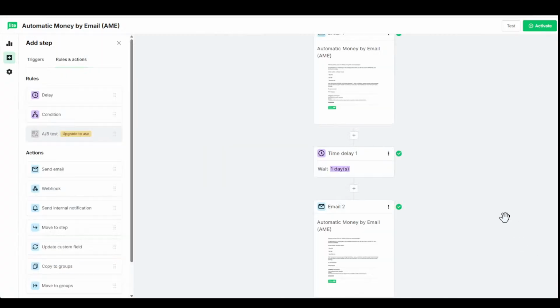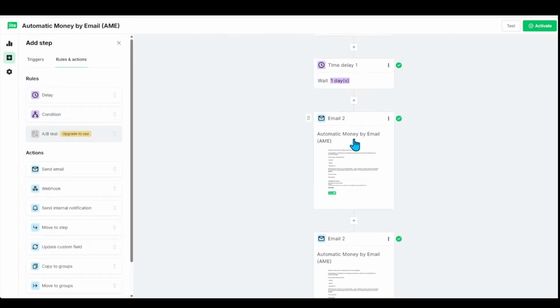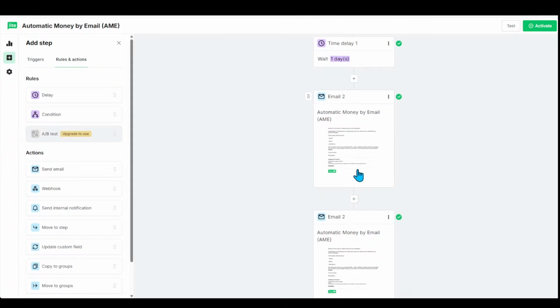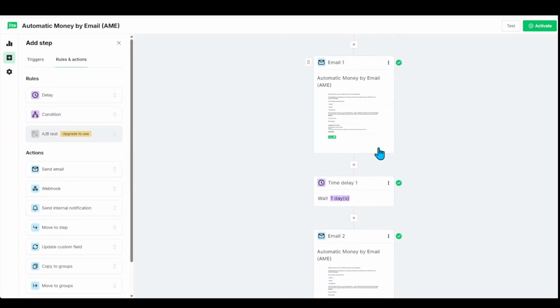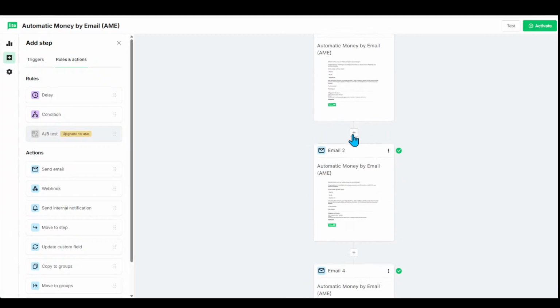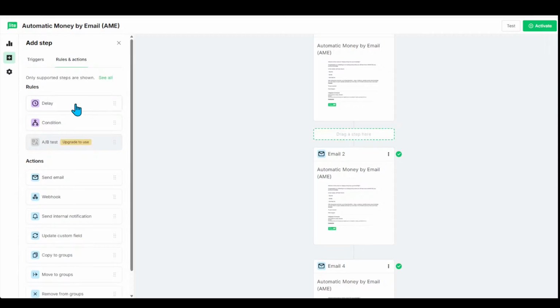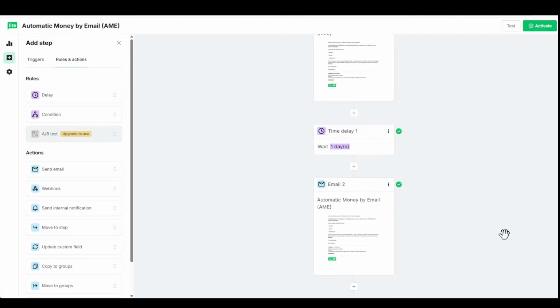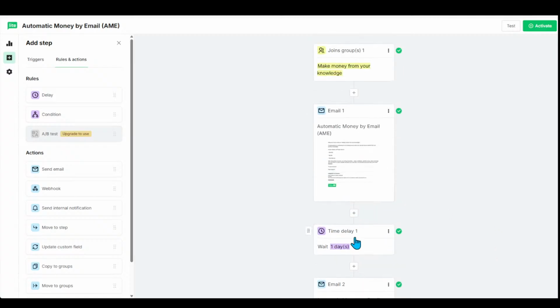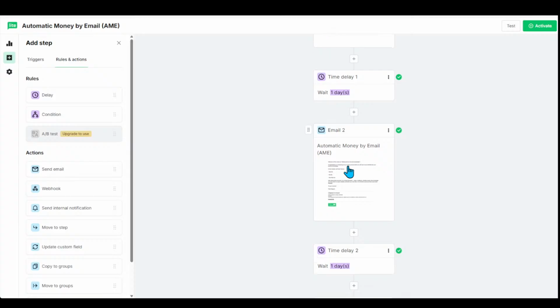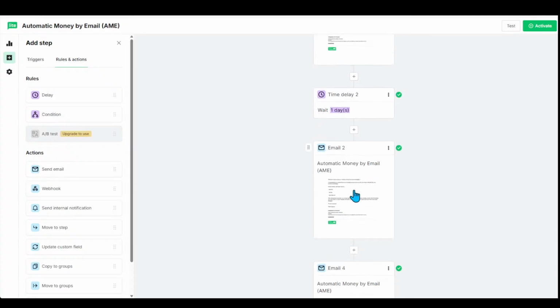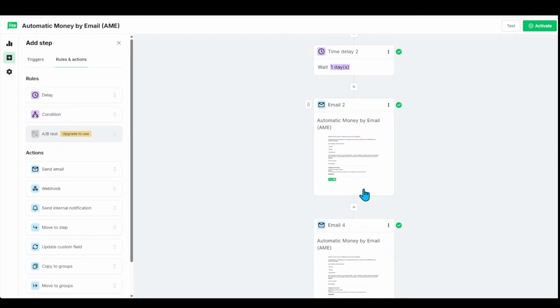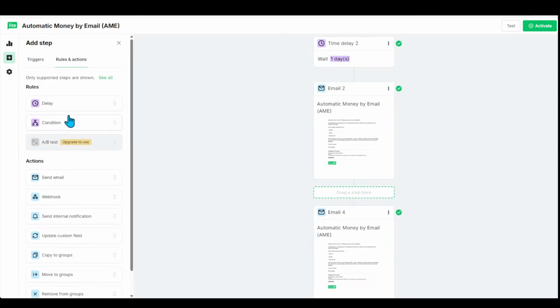and I'm going to save. And then after they receive email 2, I click on the plus sign because I want to introduce a delay between email 2 and email 3. I'm going to click here and put a delay. The delay again is 1 day, and I save it. So as you can see here, they get the first email, there's a delay of 1 day, and then they get the second email, there's a delay of 1 day, and then they get the third email, and so on and so forth. And then I'm going to put a delay here also, 1 day,